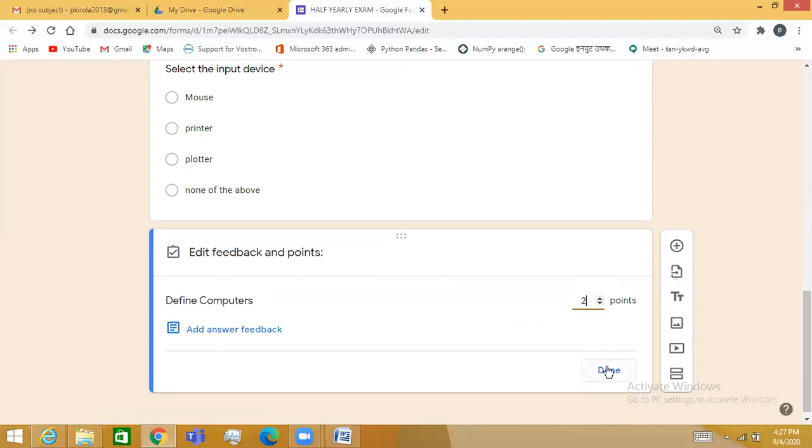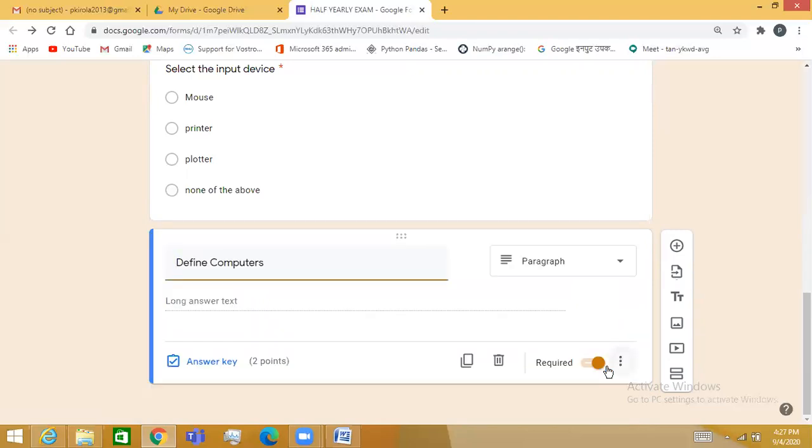There is no need to write the correct answer in a long answer or paragraph type. Select done.